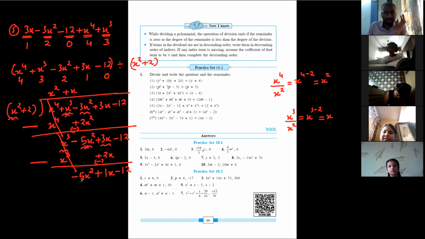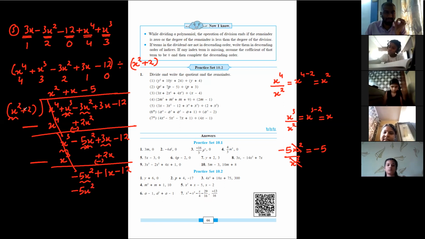The next term that you have to eliminate is 5x square. So I'll eliminate minus 5x square with the help of x square. So this x square and x square gets cancelled. Over here it will be what? Minus 5. So I'll write minus 5 at the top. Now, here it will be minus 5x square. Again, you have to pay attention. First is plus into minus is minus. 2 into 5 is what? 10. I'll write the 10 not over here, but below minus 12. So it will be minus 10 over here.